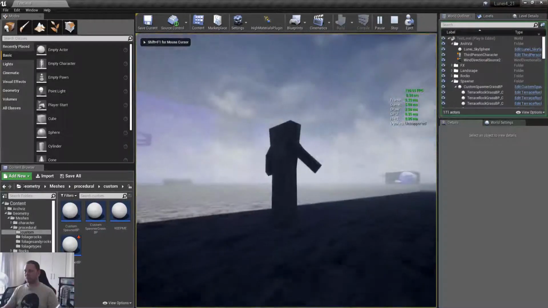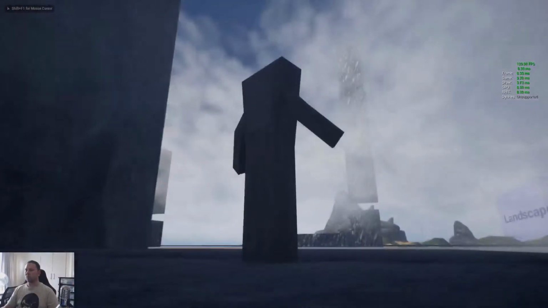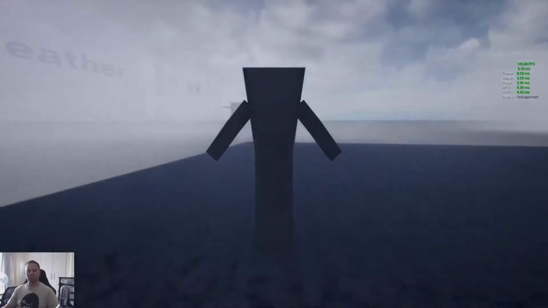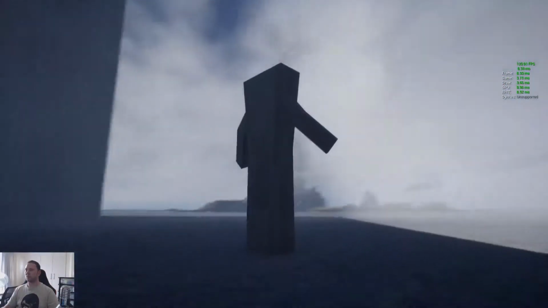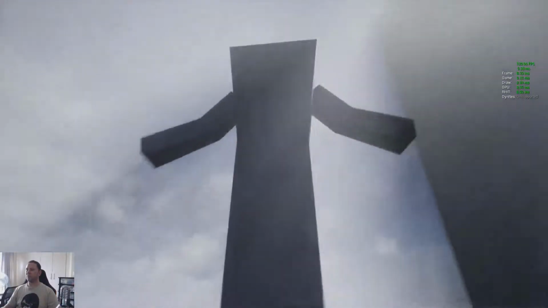Just ignore the character right here. This is just a test character. It's just a blocking character. It has nothing to do with what we're showing here. So let's see if you can see. You can see the shadows there from the volume,